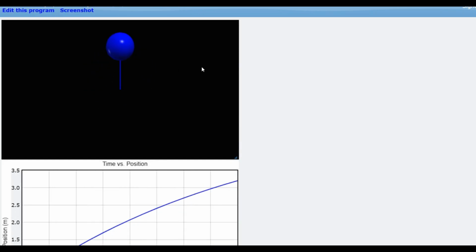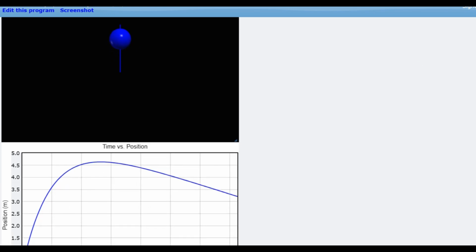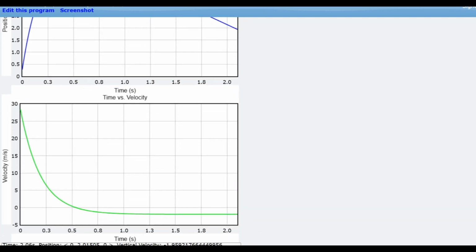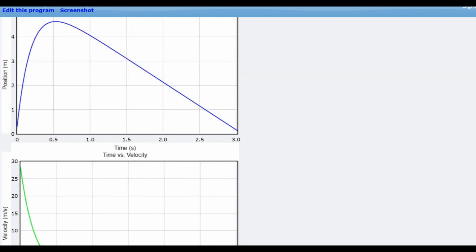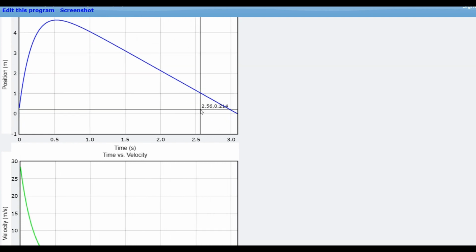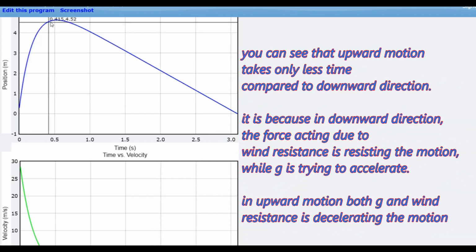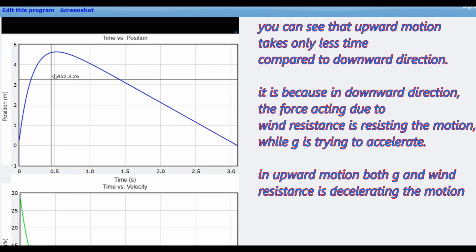Consequently, the upward and downward motions no longer exhibit the same velocity at corresponding vertical positions. The symmetry observed earlier is disrupted. Examining the velocity graph, we observe a nonlinear curve. Unlike the linear pattern seen in the absence of wind resistance, the velocity graph now shows curvature. Notably, the velocity reaches a saturation point at minus 1.96 meters per second during the downward motion, indicating a terminal